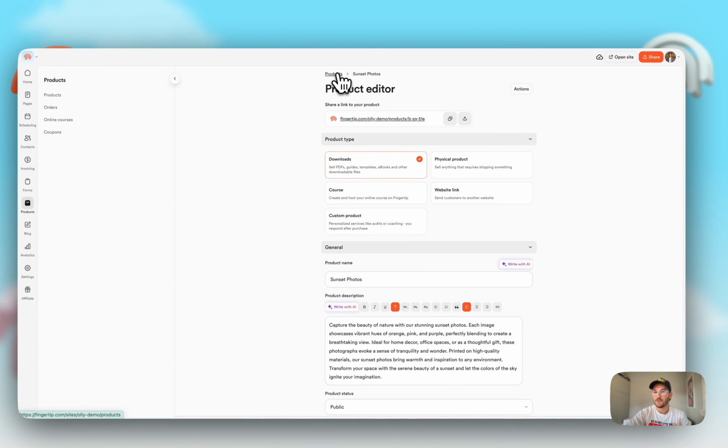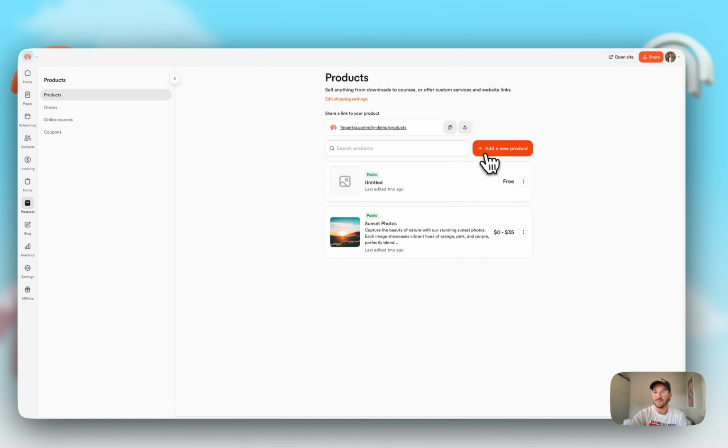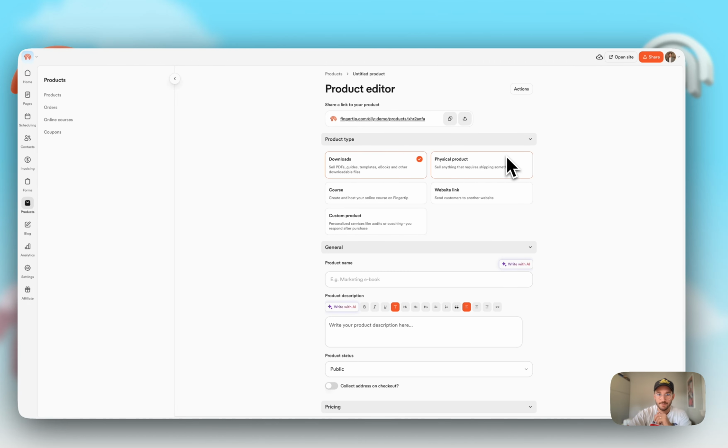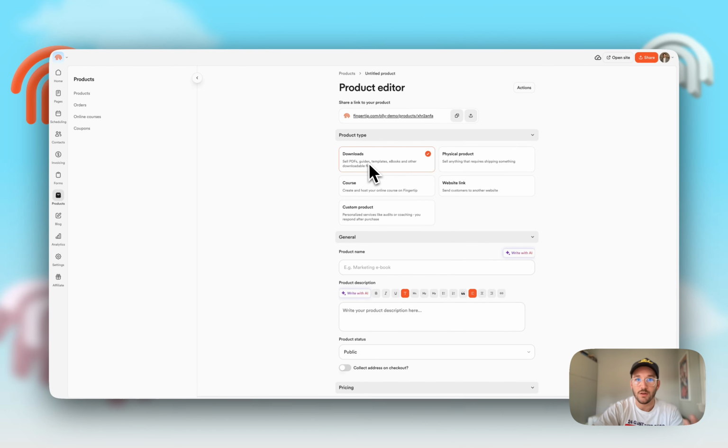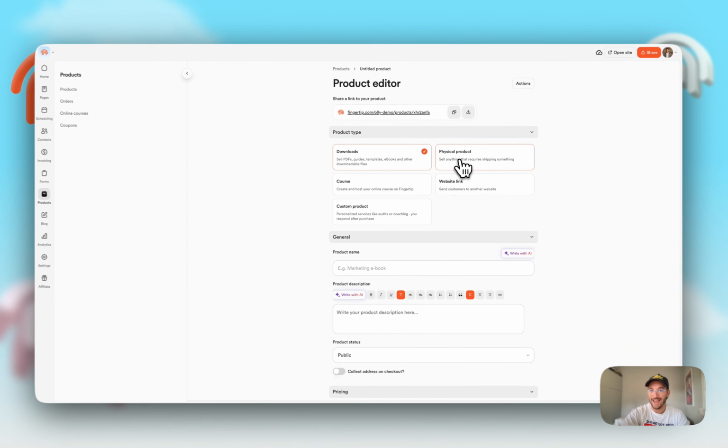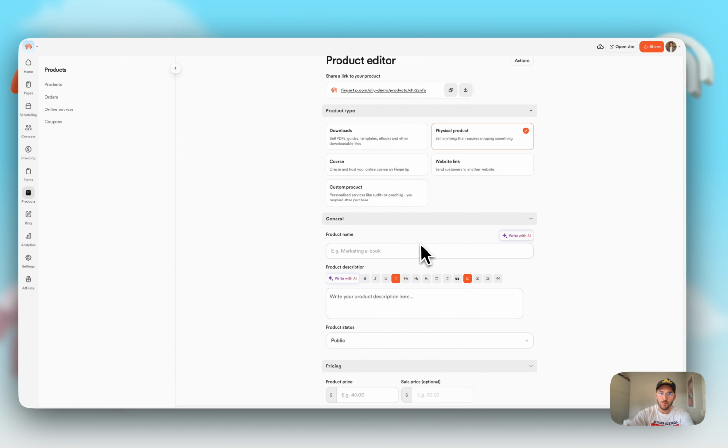So to show you how it looks when you set up a product and how easy it is, we simply go to add new product over here, and then we can choose the product type. Whether it's going to be a digital product or download, a physical product, you can even sell online courses, which I'll show you in a second, access to website links, or even custom products like access to services, whatever it may be. So let's just say that we want to sell a physical product, and we will sell